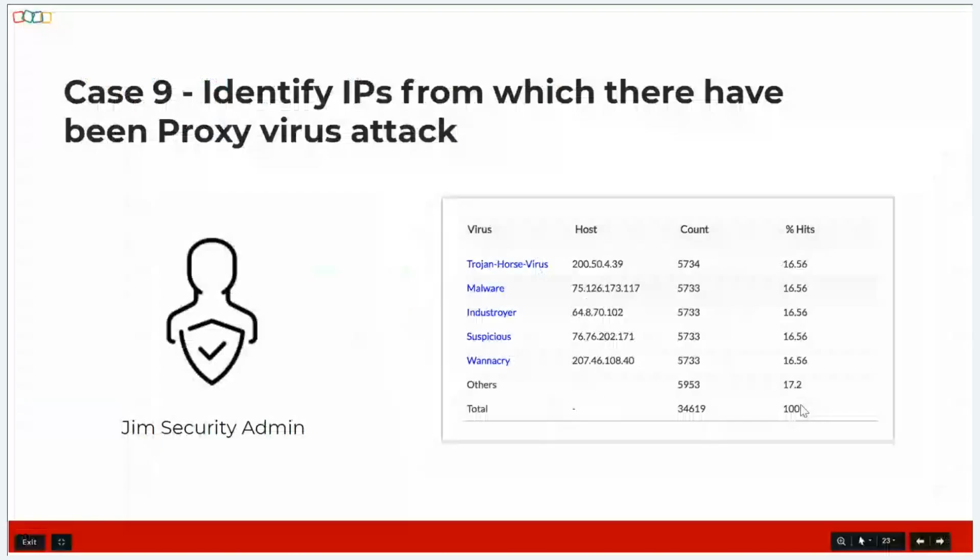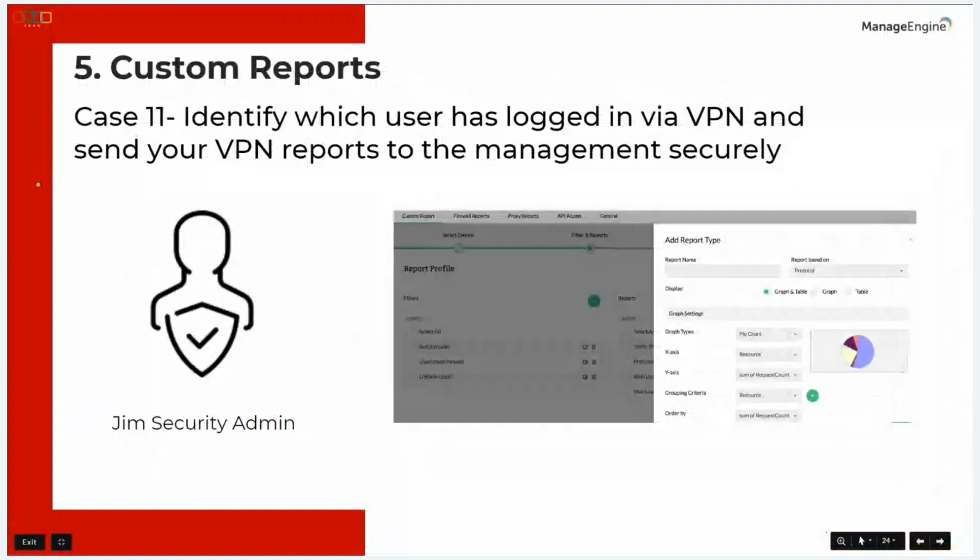All right, so moving on. Next we're going to look at custom reports. That is, if any of the predefined reports do not fit your needs, then customized reports will help you satisfy your requirements. And to make sure that Jim gets all of these reports submitted on time,